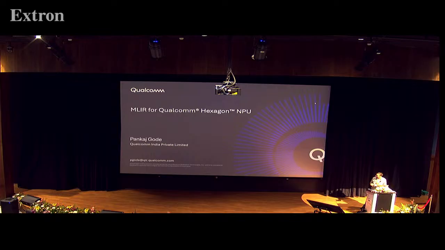They used to call it DSP; when the same DSP gets used for different workloads, the name changes. So that's the NPU. I'll talk slightly about that, and I'll also introduce what kind of MLIR work we are doing for this particular NPU.